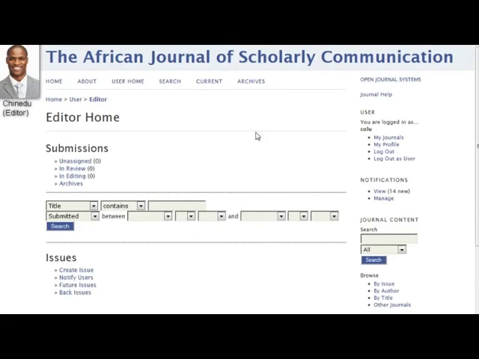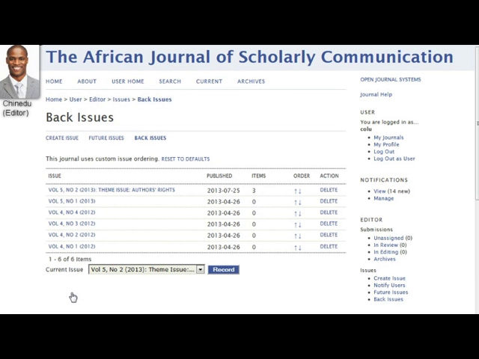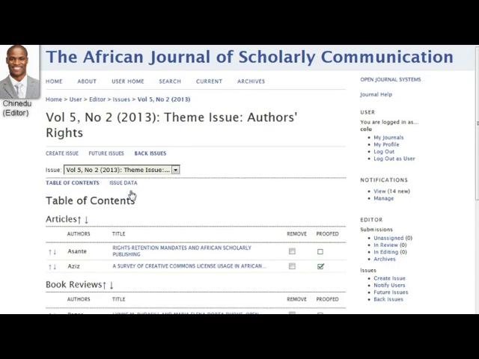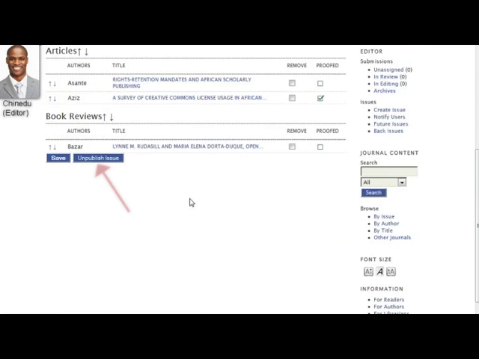To make changes to an already published issue, Chinedu chooses Back Issues on the editor homepage, and then he clicks the issue he would like to work on. From the Table of Contents page, he can unpublish the entire issue at the bottom of the page. He can remove an article by clicking the checkbox under Remove, and then saving the change with the button at